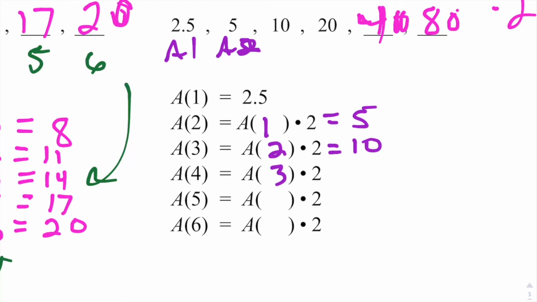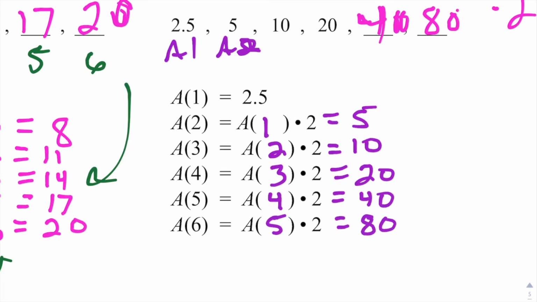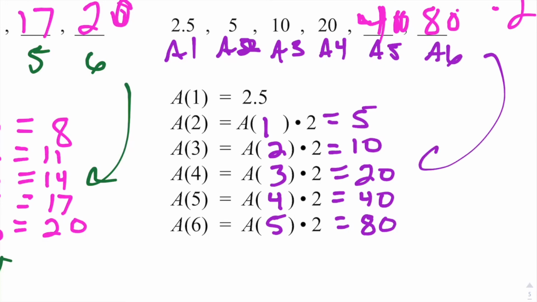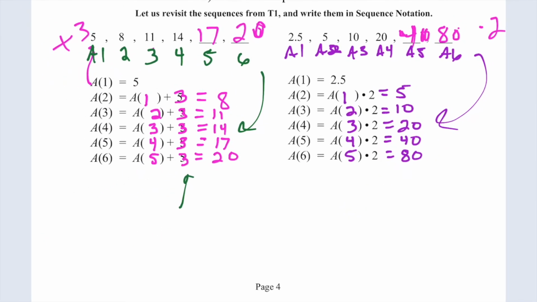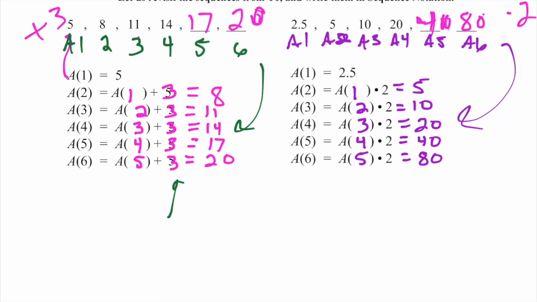A4 is A3 times 2, which gives us 20. A5 is A4 times 2, which gives us 40. And A6 is A5 times 2, which gives us 80. And if we kept going up here, A3, A4, A5, and A6, you can see that they all correspond nicely. Again, I just wanted you to fill this out and get used to seeing sequence notation,